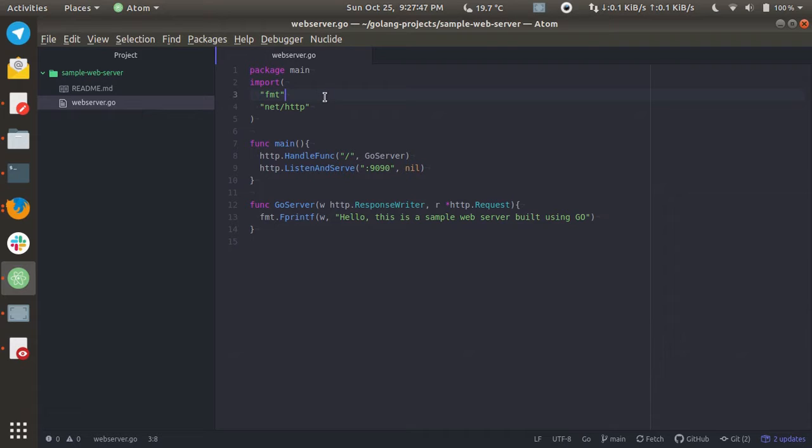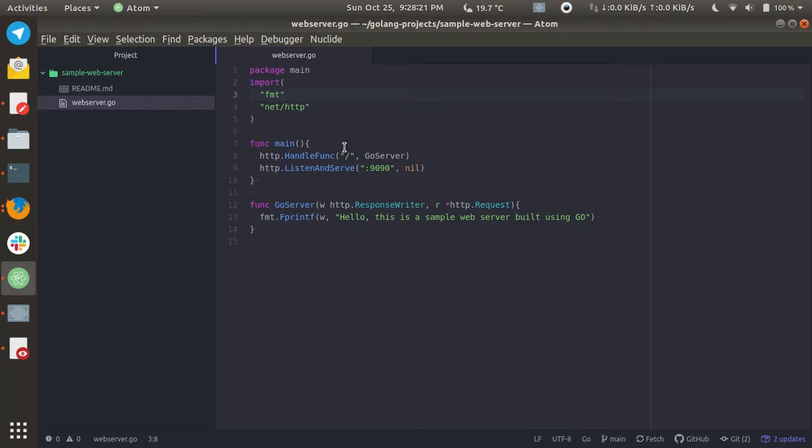Right, and then we are importing two libraries. First one is fmt. The second one is net/http. fmt is for your input output from your consoles, and net/http is used to build routers and stuff. And libraries are basically a piece of unit which can be inherited from external sources, and those external sources can be either the standard Go library or some third party library like GitHub, or else you can build your own libraries as well.